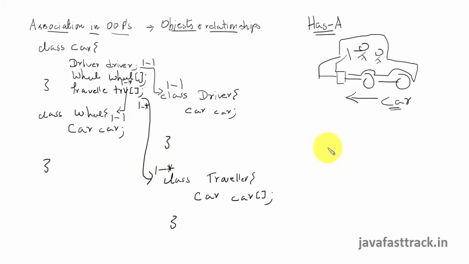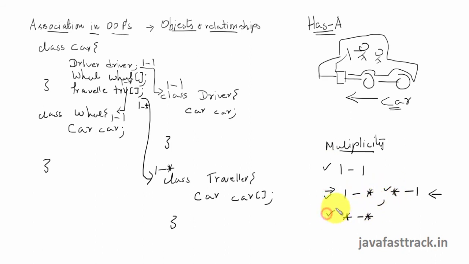We have many types of associations, as we have seen. This is called the multiplicity property of association. We have one-to-one association and one-to-many association. If you look from the other direction, the same one-to-many association can also be called a many-to-one association. And then we have the many-to-many association.